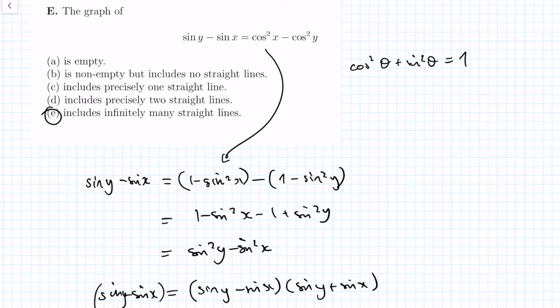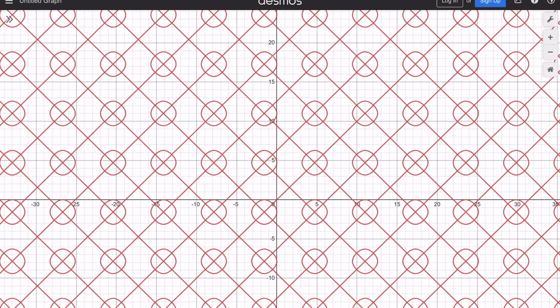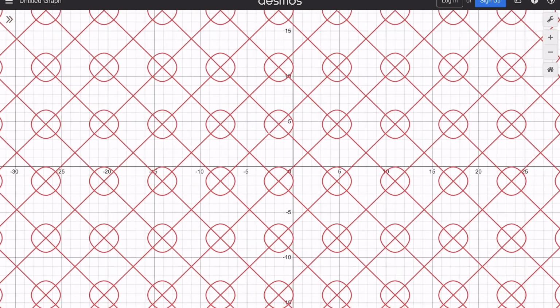That is the answer. Now, if you look at the graph, it's quite remarkable actually. The pattern and the design is quite remarkable. If you zoom out, you have something like this, and if you zoom in, you have something like that, which could be a wallpaper or a design on a carpet or something. So it's quite remarkable when the mathematical reasoning, the harmony of the mind, coincides with the harmony of our eyes